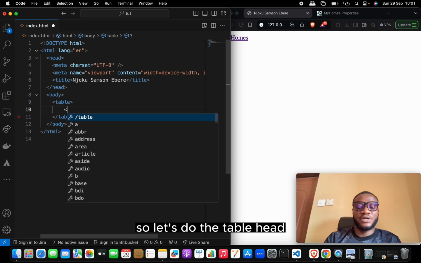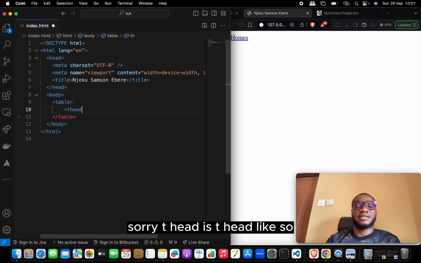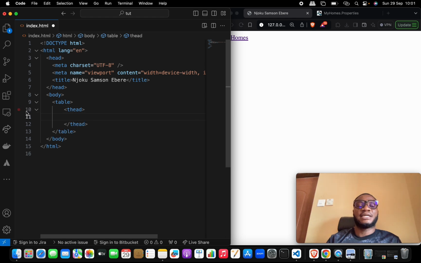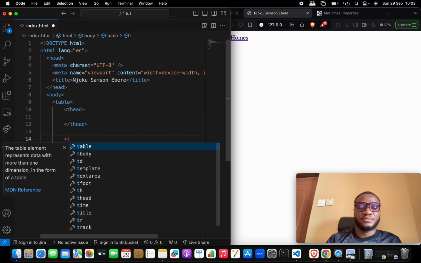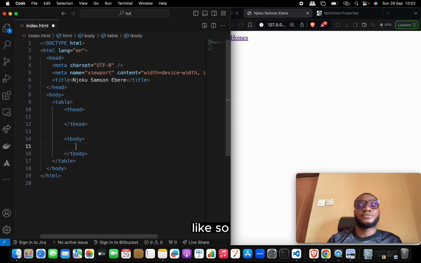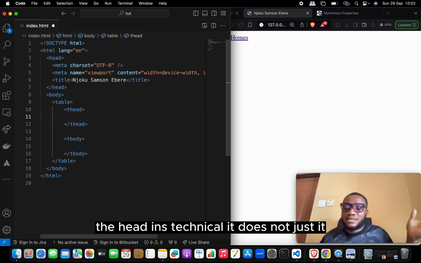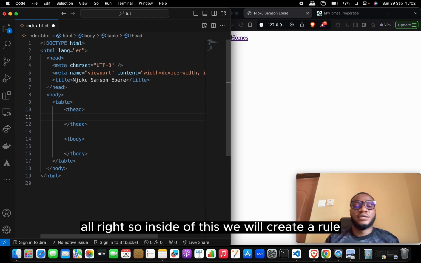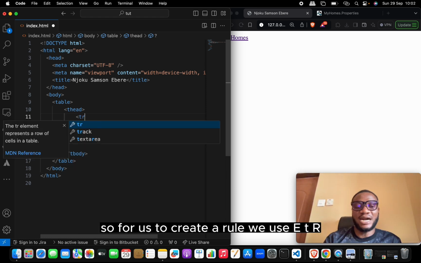So let's do the table head. Sorry, thead is thead like so. And then there is the table body, like so. Now inside of the table head, we want to specify the headings, technically. That's just it. All right. So inside of this, we could create a row. For us to create a row, we use a tr,